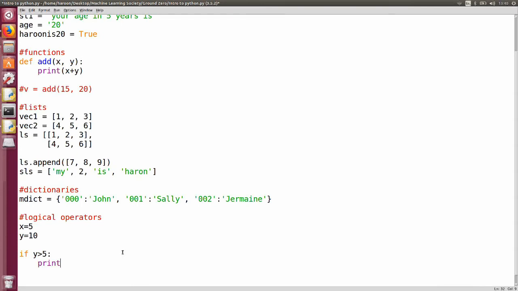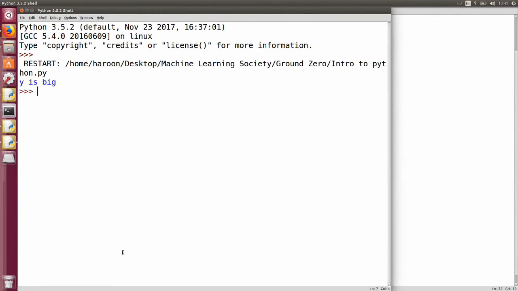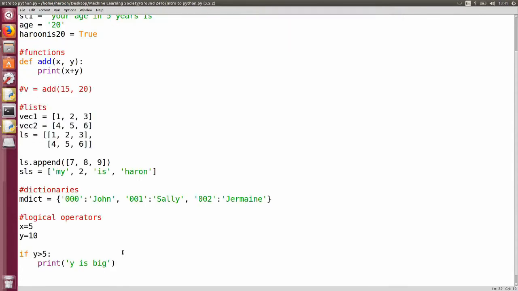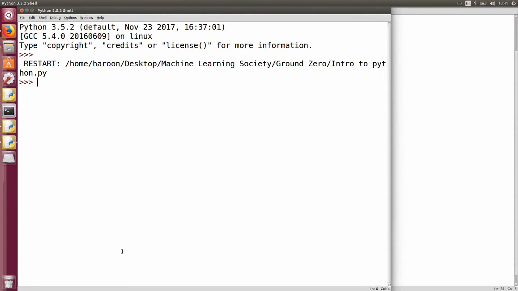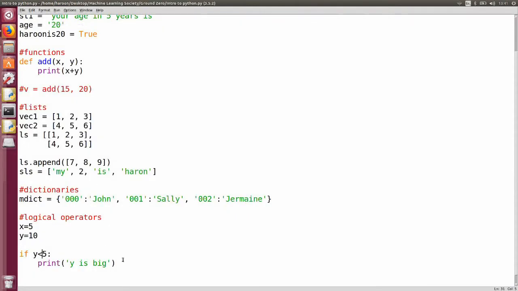So yeah, why is this useful? Because we're going to move on to something called if statements. And this allows you to do more interesting things with your program, because up until now, everything in our program has been deterministic, meaning it will always follow the same route every time we run it. So what we can have is if y is more than 5,